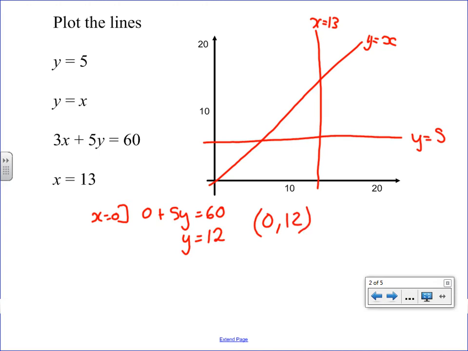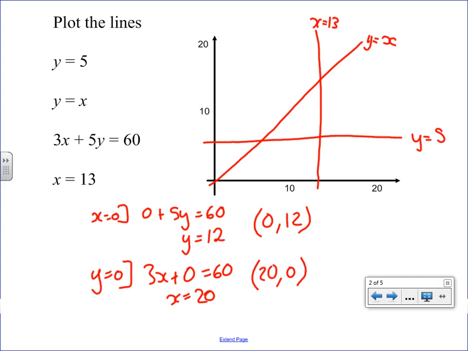And then y is 0. We've got 3x plus 0 is 60. So x is 20. Yeah, I agree with that. And then you can plot those: 20, 0 and 0, 12-ish. There we go. And you might recognise those lines from the previous video as the lines that we were using for the feasible region,